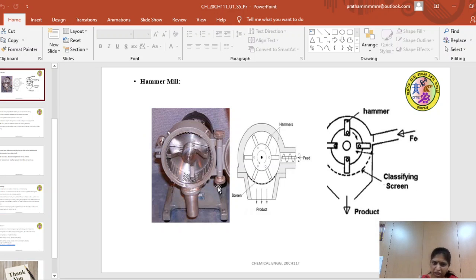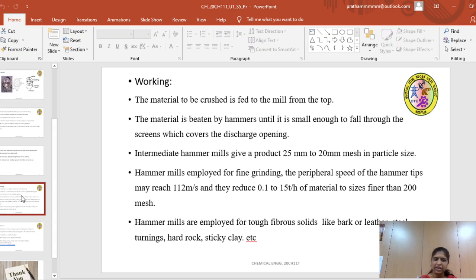So by the rotation of the hammers, the material, which we feed from the top or from the side, the material which has to be size reduced, is beaten by the impact force of the set of hammers, by the rotation of the hammers which revolve inside the casing. So the product that comes out is 25 mm to